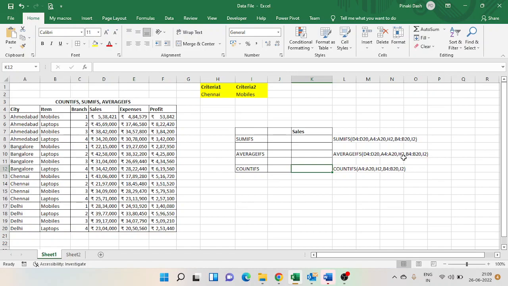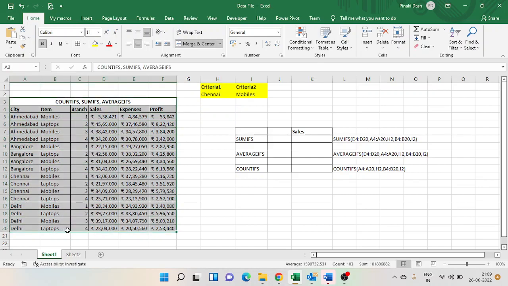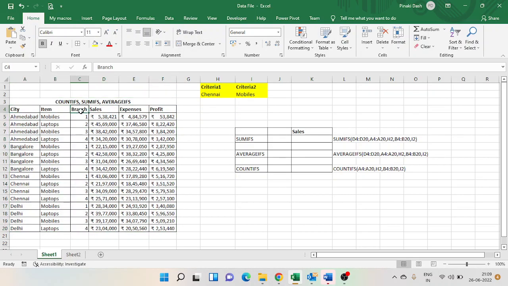Today we are going to learn about three important functions of Excel. They are Countifs, Sumifs and Averageifs. So let's get started. As you can see, there is some data on my screen with city, item, brand, sales,